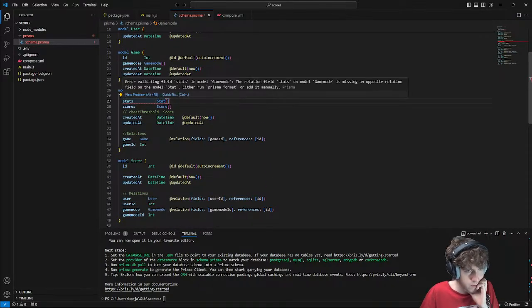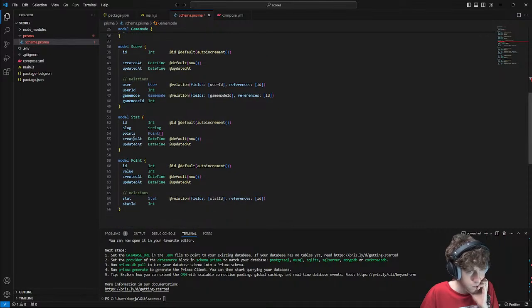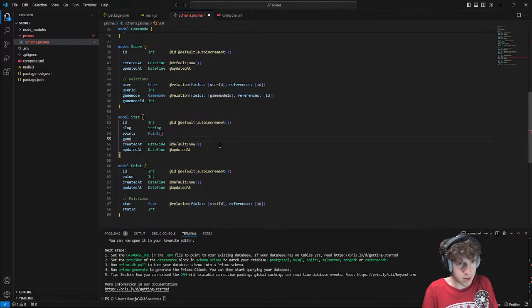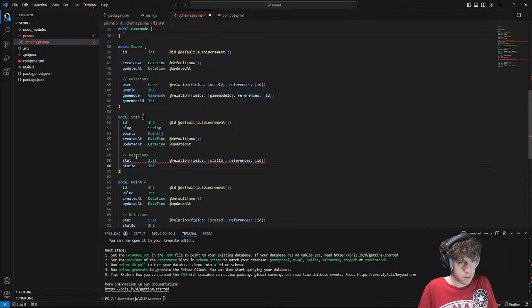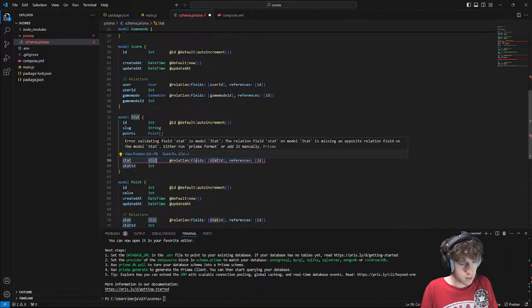So game mode has stats. A stat is assigned to a game mode. So I need to do the format here. Or I could reuse stat types over multiple games. I think I'll just remake them.